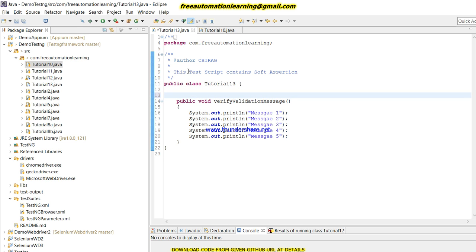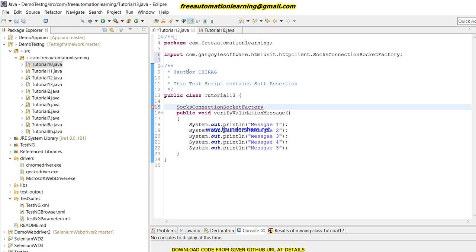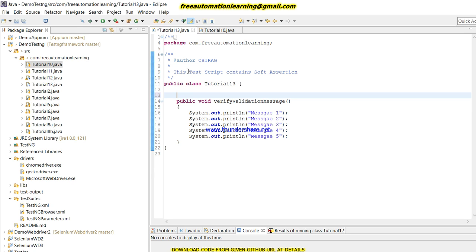And for soft assertion we should create an object of soft assert.